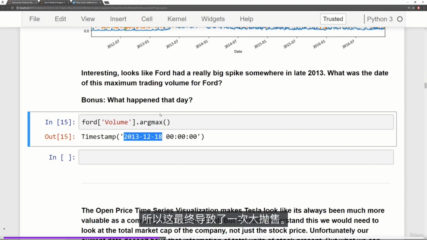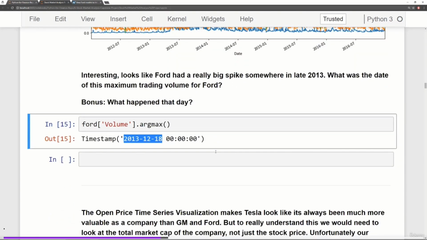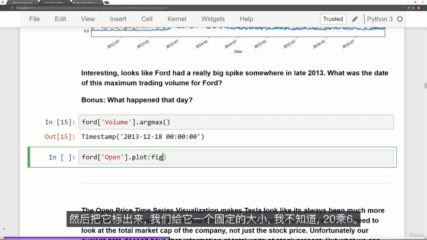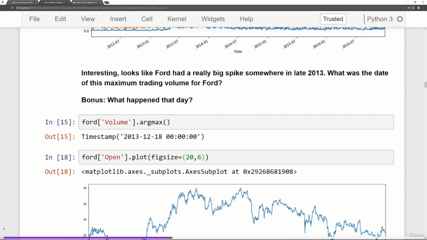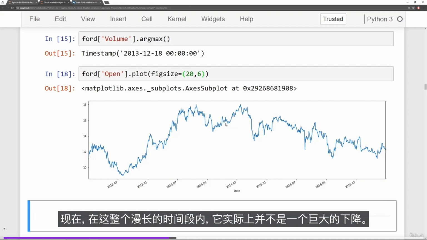So that ended up causing a big sell-off, and you can see the big sell-off happening on that particular day. And if you take a look at Ford by itself, if you take a look at Ford's opening price, and then plot that, let's give this a fig size of, let's just say, 20 by 6. If we take a look at that actual date, it's kind of late 2013, you'll end up seeing the drop right here. Now, in context of this entire huge time period, it's not actually such a huge drop,